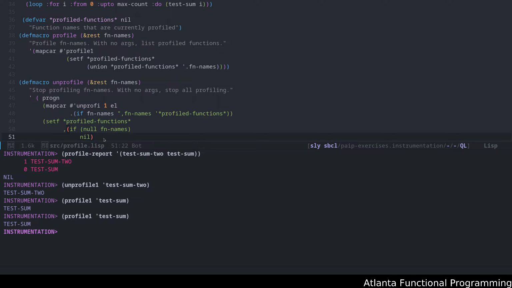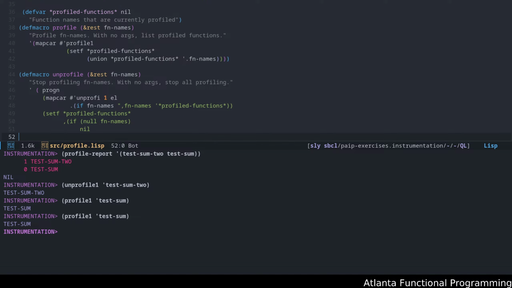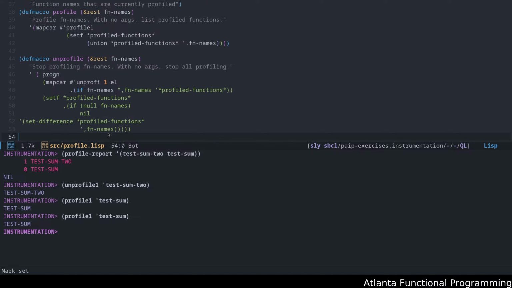I may also be looking at one thing. Nope, I'm good. Okay. Otherwise, go ahead and do this set difference. And let's see if I do that.